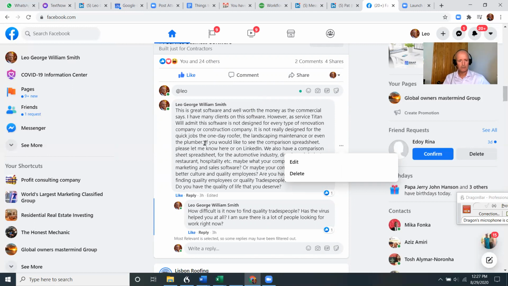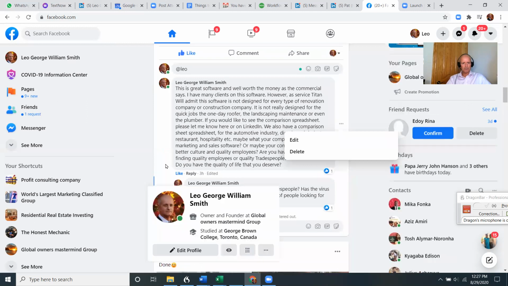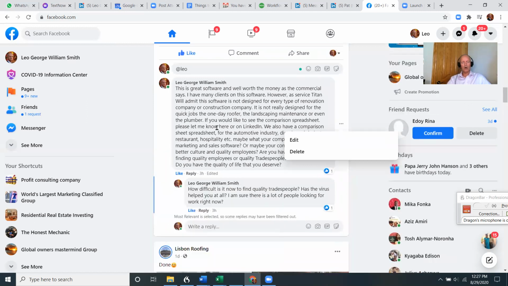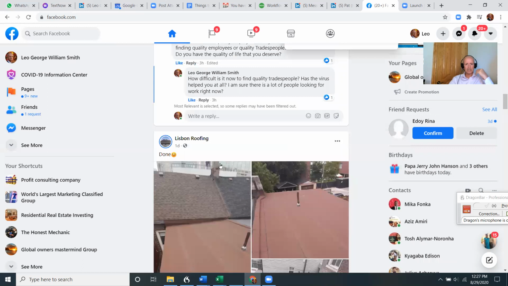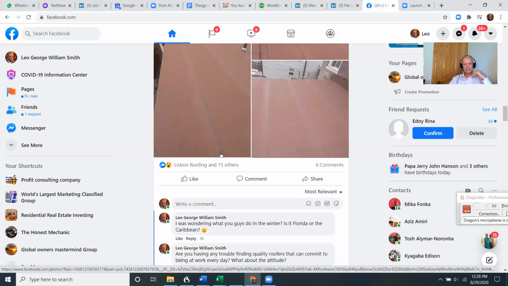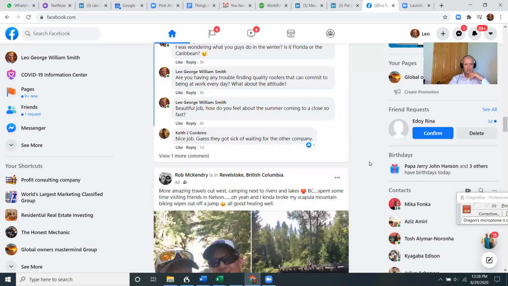How do you copy this post? Facebook is different than LinkedIn, but you should be able to find a way of commenting, or getting me, if you don't know how to comment, or copy and paste this comment, because this comment will apply to most software advertisers. Same thing, even you could copy and paste this, make some changes, and even the one below, Lisbon Roofing, post the same comment, modify it, which I've wrote a different comment.